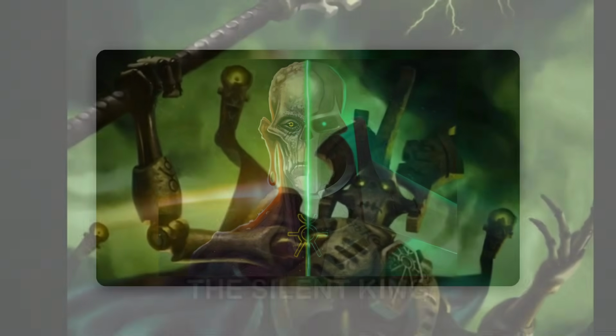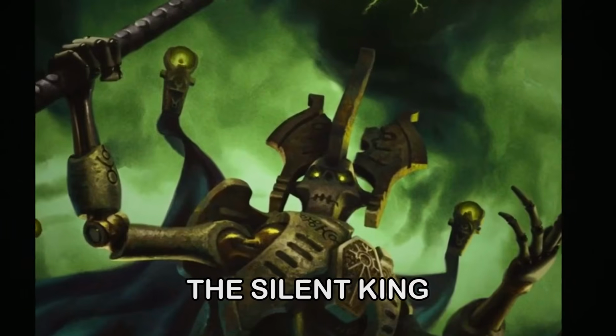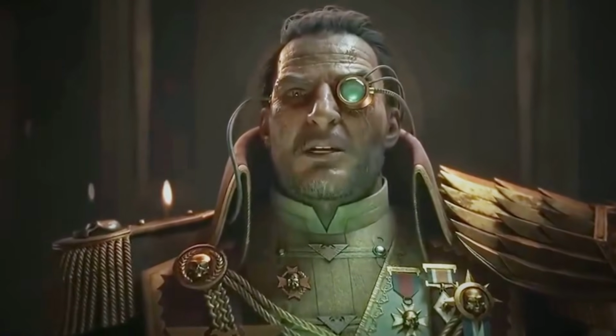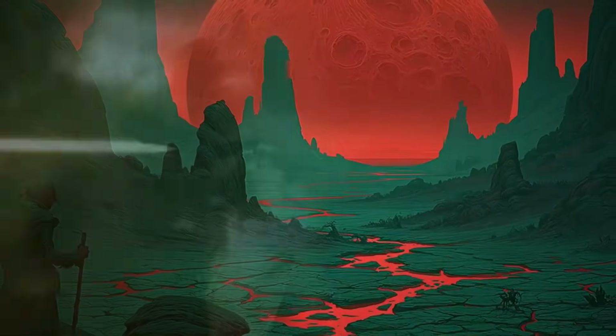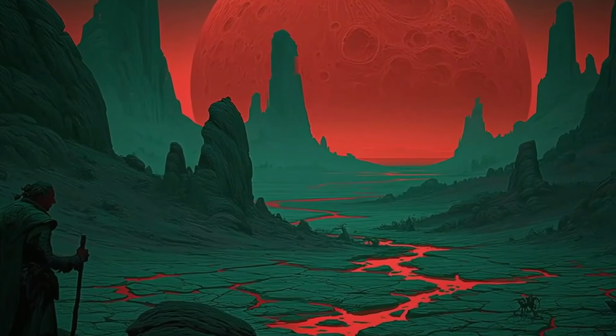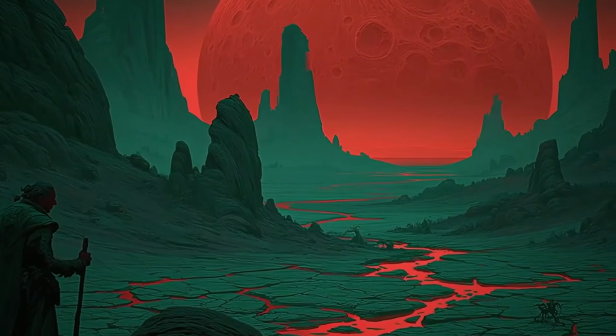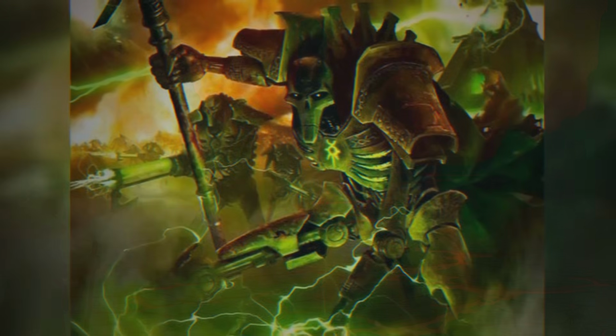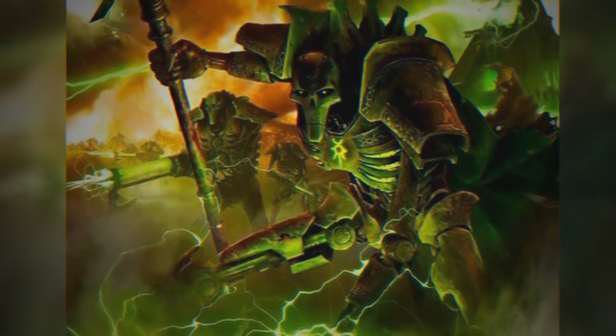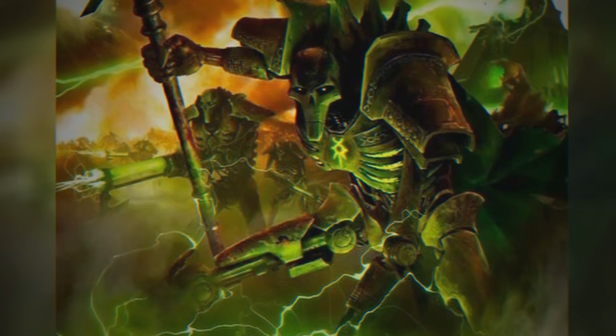The Silent King, desperate to save his people and defeat the Old Ones, agreed. It was the greatest mistake in galactic history. The Cetan had the Necrontyr construct vast machines, furnaces of transformation powered by captured stars. The Necrontyr were told that these machines would transfer their consciousness into bodies of living metal, a material called necrodermis that could repair itself and endure for eternity.